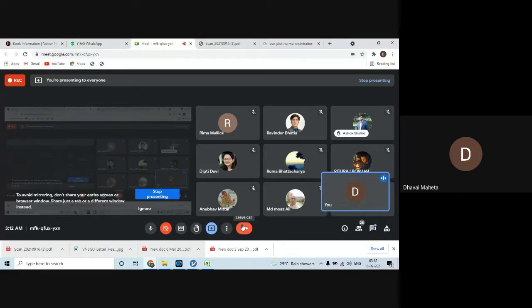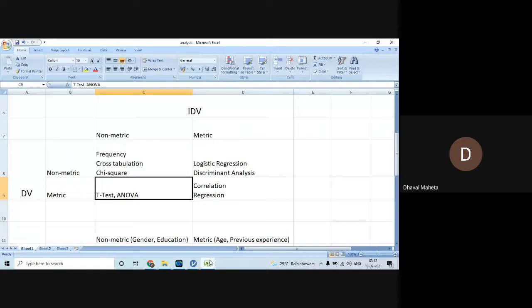So when you are comparing two departments, department A and department B, process A and process B, material A and material B, you require a t-test to be conducted, right? But if there are more than two groups, how many times will you run the t-test? So in that scenario, we use ANOVA. If both the variables are metric to metric, we run correlation and regression, which we will see tomorrow, right?